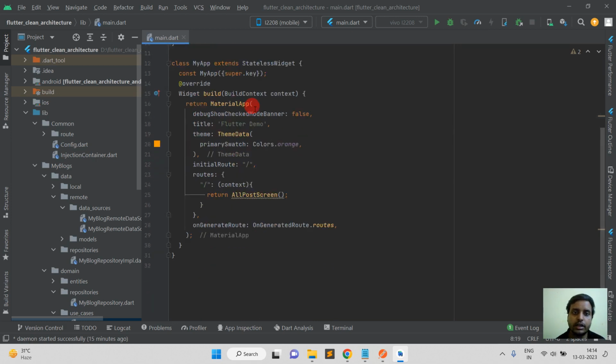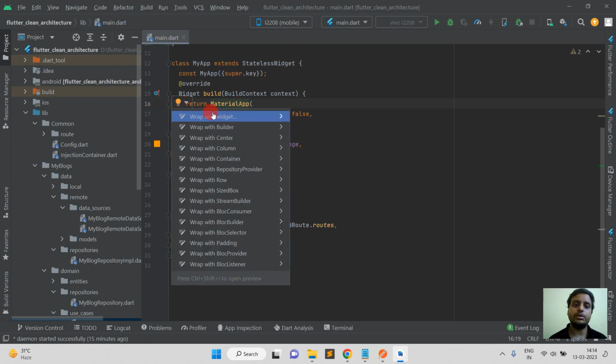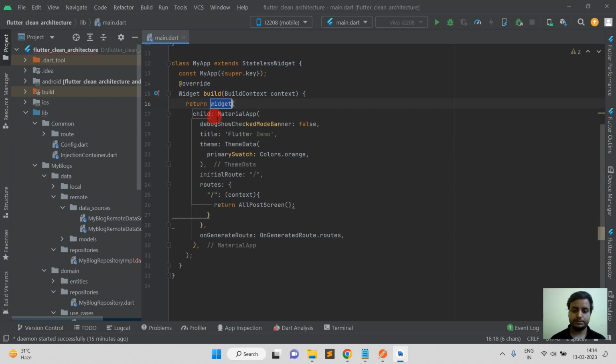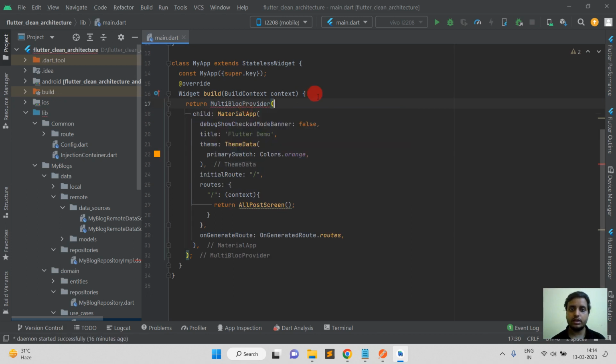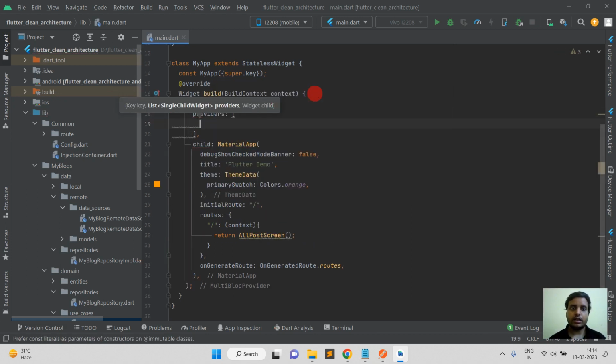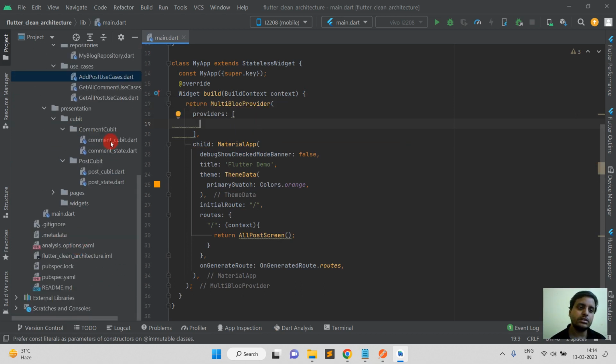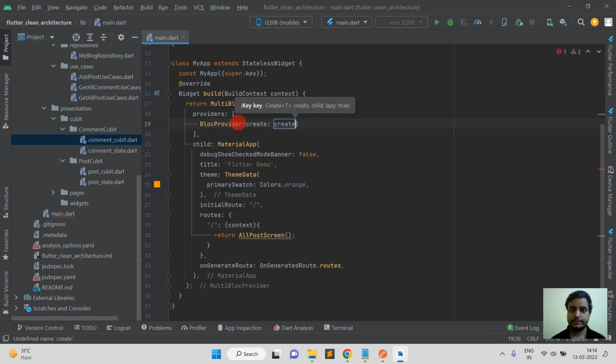And then inside material app we will have to wrap this with bloc provider because we are using bloc. So here bloc provider, sorry, I'm going to use multi bloc provider because I'm using multiple providers here. And then we will use providers, and here we need to define all the providers. So our cubit classes are the providers. We will use comment cubit and post cubit here. So here we will use bloc provider dot,